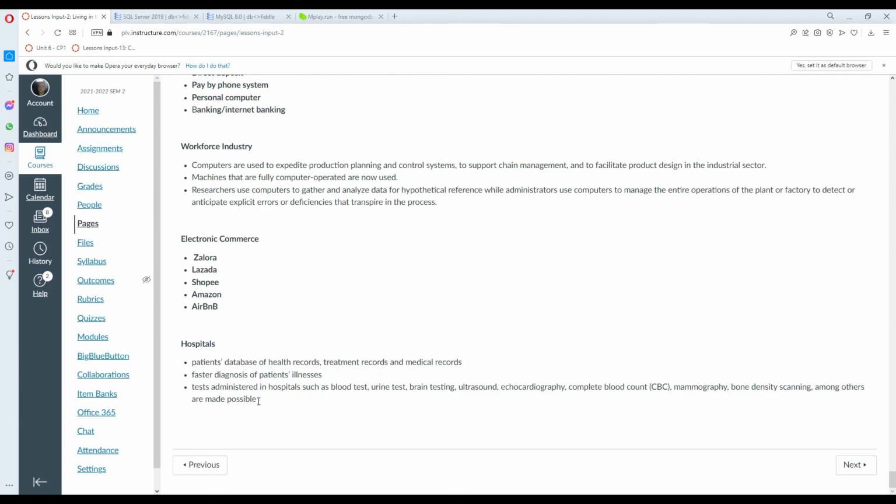Lastly, hospitals, patients' database of health records, treatment records, and medical records used in faster diagnosis of patient illnesses. The tests administered in hospitals such as blood, urine, brain, ultrasound, echocardiography, blood count, mammography, bone density, and others are made possible. So those are the lecture for week 2